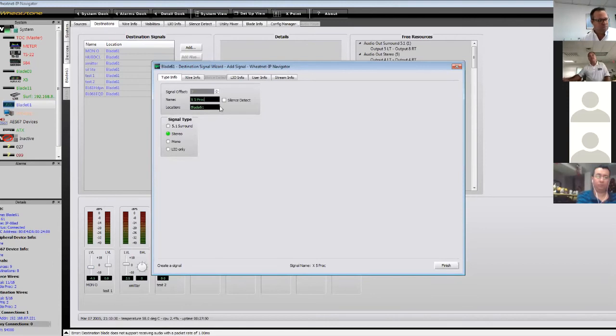Well, actually, I'm going to do 2 things. I'm adding my X5 processor so I can feed it an output. I'm also going to enable silence detection on that output. So every output on the A blade, the AD blade, the Aurora blade, and the digital blade has the ability